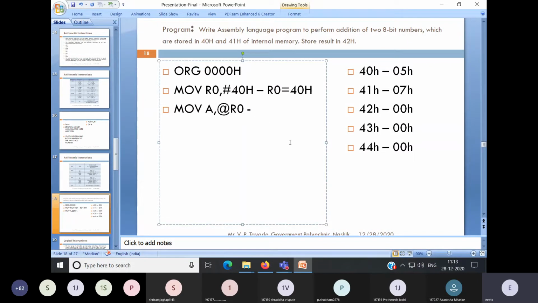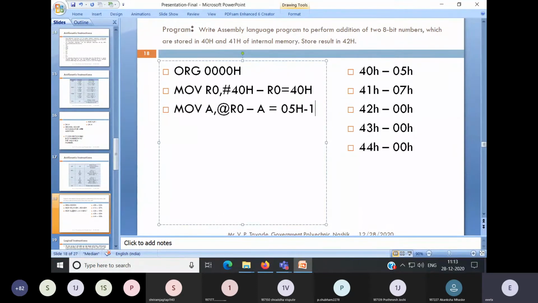After that, I'm using the indirect addressing mode. So MOV A, @R0 means in R0 I have 40H and at 40H I have 05H. The meaning is that in the accumulator you will get 05H, which is nothing but your operand, which is also your first data.